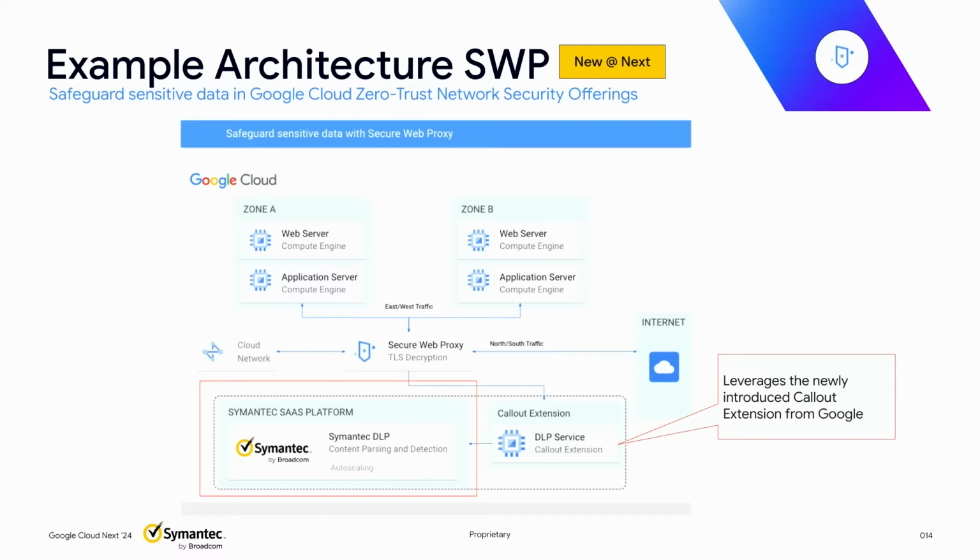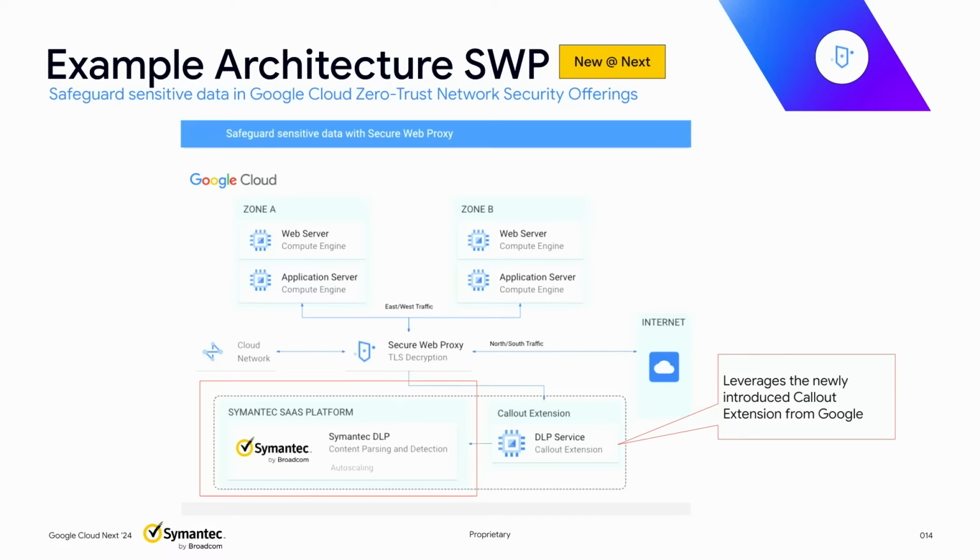So for the integration, there's a few examples. The first one I want to start with is the SWP integration. In this scenario, we have a few components. One of them is really zone A and zone B, which you can also put into different regional zones. This is where eventually the east-west scanning becomes important, because for me, as a European citizen, maybe my data should remain in Europe and not go to North America.